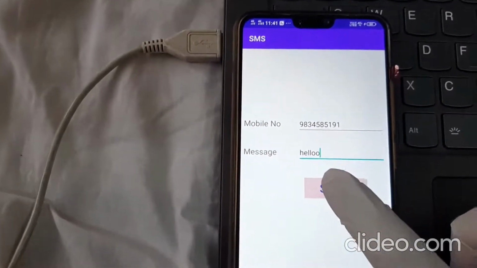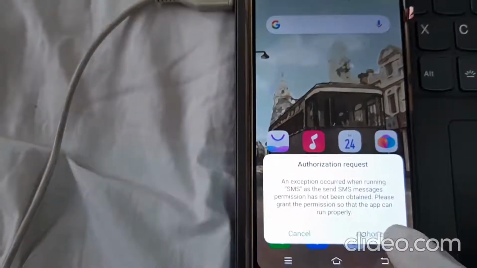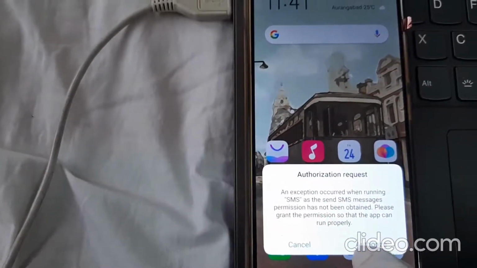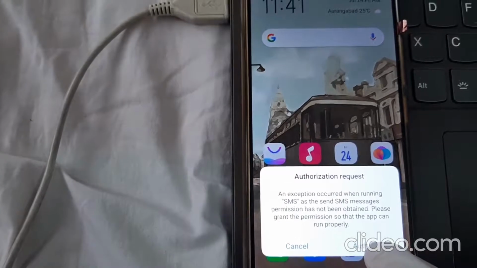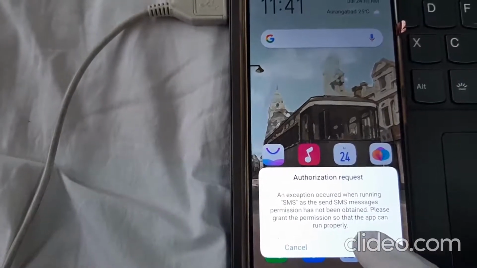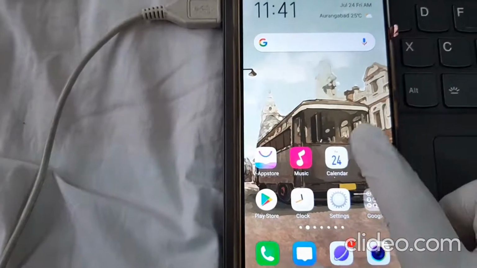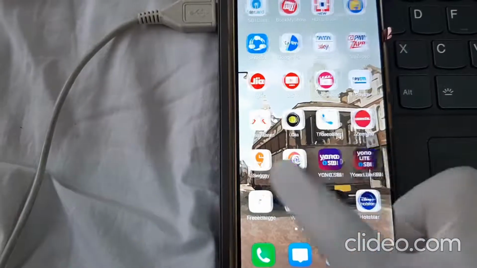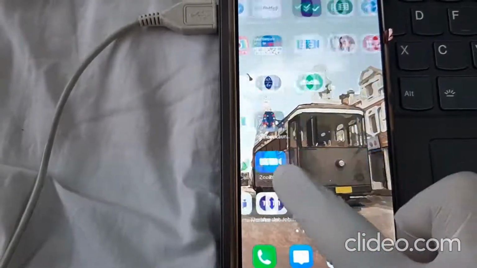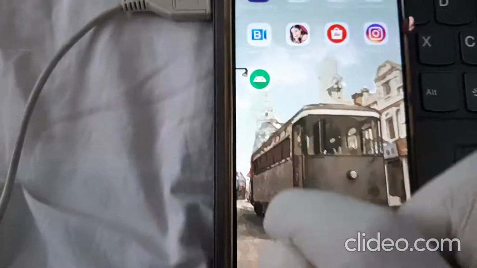So now I will click on the send button. Here the authorization permission will be asked from the application. I will click on authorize. Now the permission has been set, so with the help of this application I can send the message.